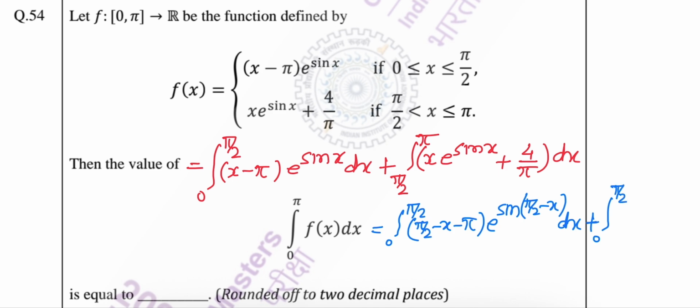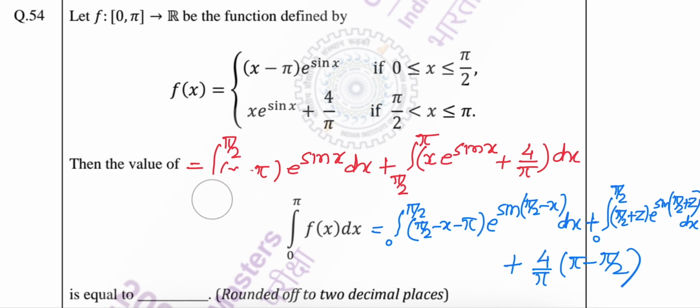here will be pi by 2, here will be pi by 2 plus z. Okay, and here e to the sin(pi by 2 plus z), and here will be dx. And for this part it is easy to integrate, so that part will be 4 by pi into bracket (pi minus pi by 2). Now for the next step I erase